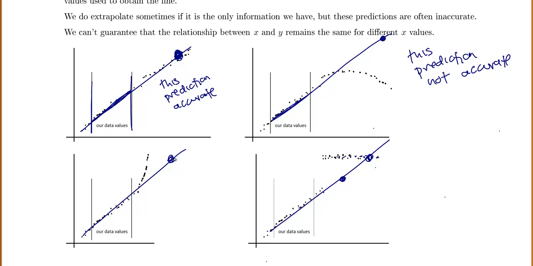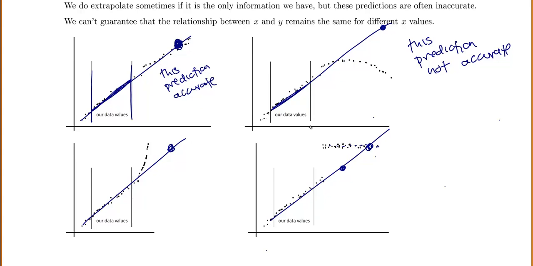So the point to learn here is that if you try and predict for x values that are way outside of your original data, you don't know if it'll be accurate because you don't know if the data continues the same relationship that you saw. Or if it suddenly curves up or down or jumps up, you just don't know.